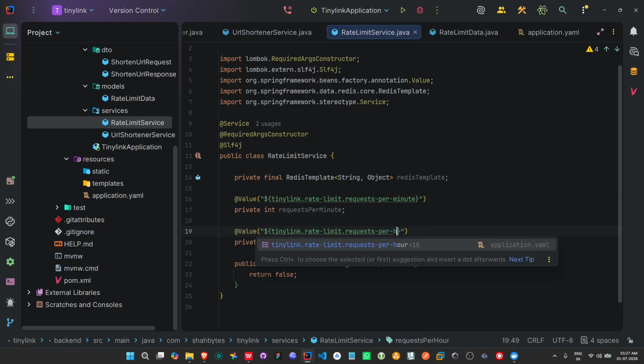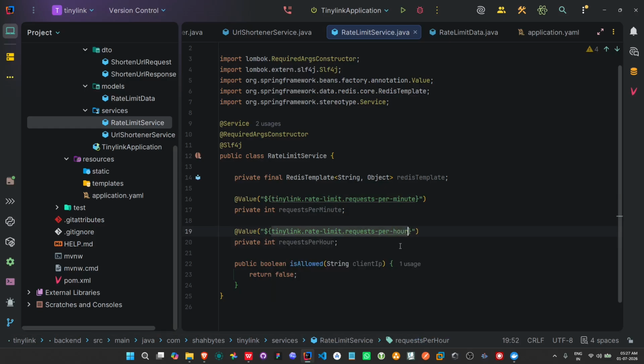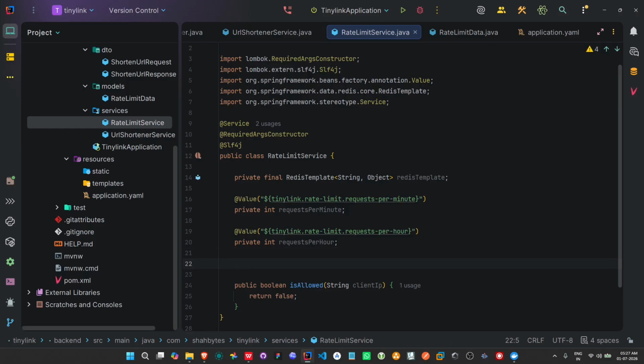This will be like hour. Okay, so we are fine, we have injected this, and now inside the Redis, this object that we are storing will be mapped to a key, so we need to create that key first. So let's create that private static final